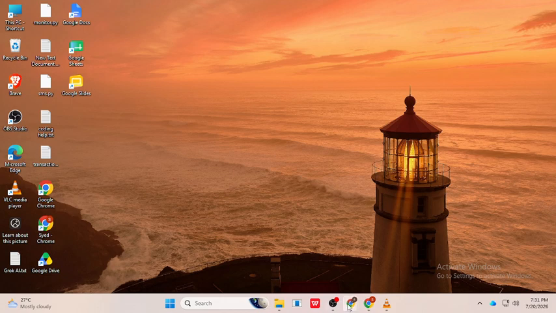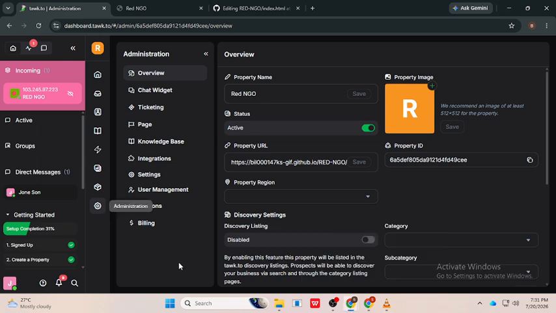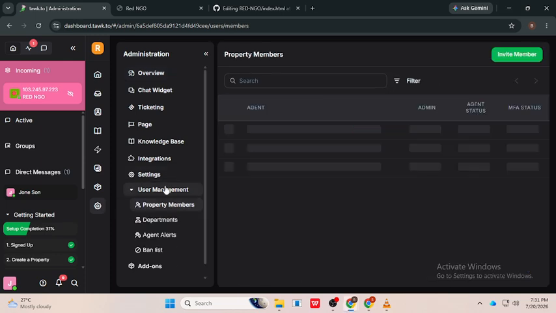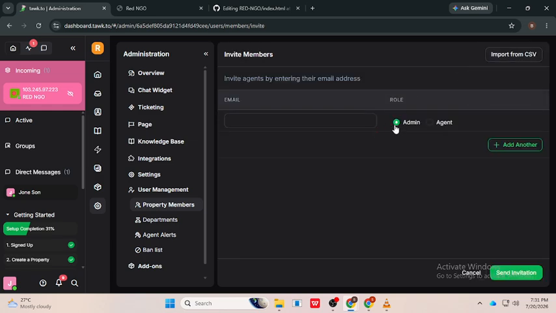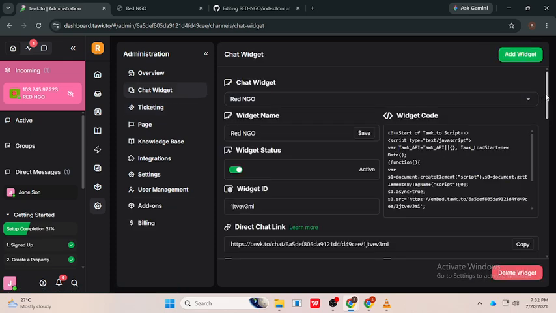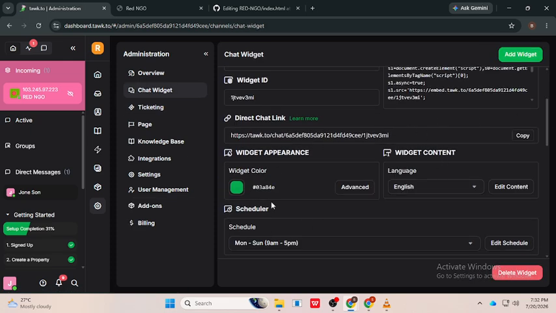First, sign into your Tawk.to account and select the property you want to manage. If you're new to Tawk.to, create a property for your website and install the live chat widget before assisting customers. Next, invite your team members and assign the appropriate roles, such as agent or admin. Set your online status, business hours, and notification preferences so your team is ready to respond when visitors start a